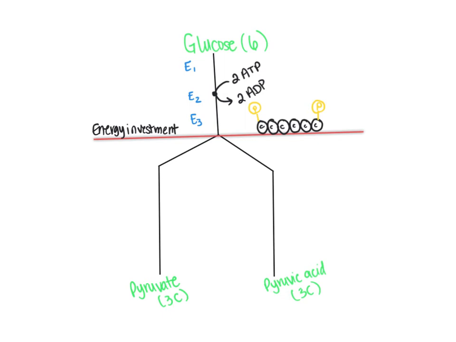6-carbon molecule. What's going to happen next is an enzyme is going to come in and break this bond right here between these two carbons. And what you're going to end up with is 2 3-carbon molecules. And so we're going to take this 3-carbon molecule and we're going to bring it over to this side of our reaction. And then this 3-carbon molecule, I'm going to go ahead and bring to this part right here. Once that 6-carbon molecule is broken into 2 3-carbon molecules, each with a phosphate group, we begin the next phase